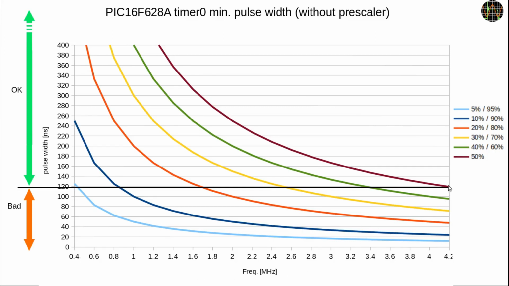Even with a perfect symmetrical wave of 50% duty cycle, we are dangerously close to failure at 4 MHz, and it only takes a very modest amount of asymmetry in the signal to cause the problems Haim describes over quite a range of frequencies. We know from the datasheet that using the prescaler will fix this because it drops the required minimum times drastically. What is a prescaler and how does it do its magic trick?